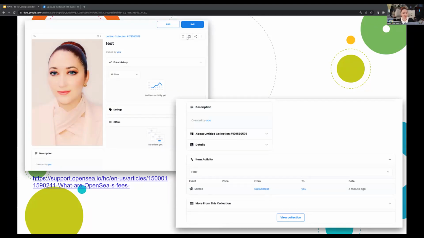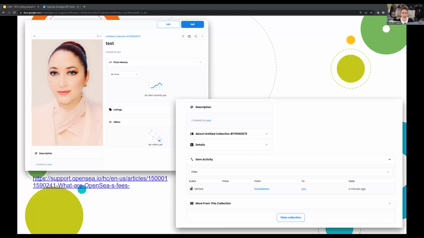And if you are minting on the Ethereum blockchain, you will end up paying a gas fee. Again, this varies, but about 5 months ago, it was around $200 US. It's probably less than that now, but it really does vary. So you'll want to make sure that you have more than enough in your MetaMask wallet to cover those fees, and make sure you're charging enough in the sale to cover those gas fees.